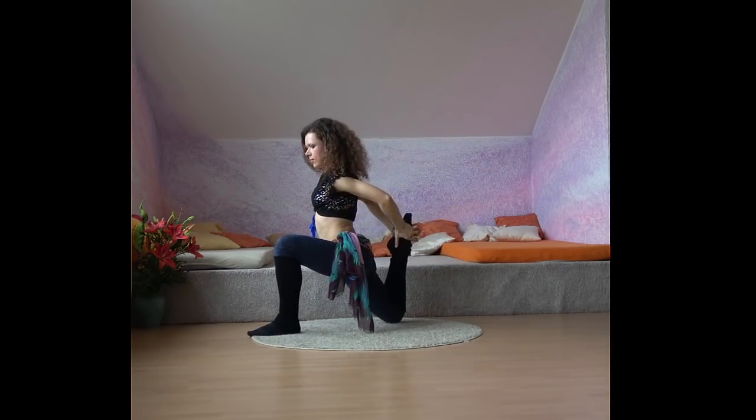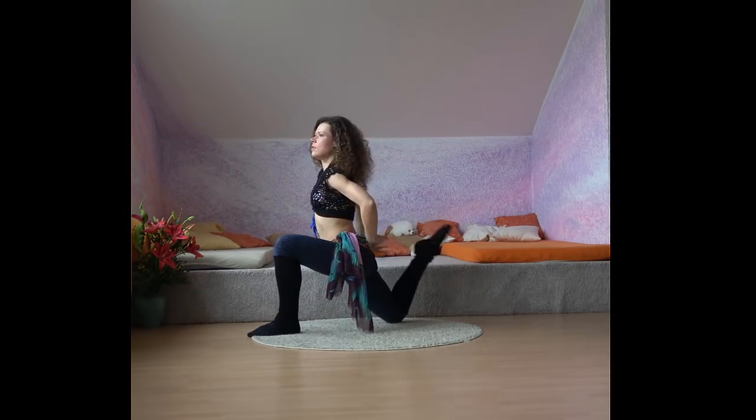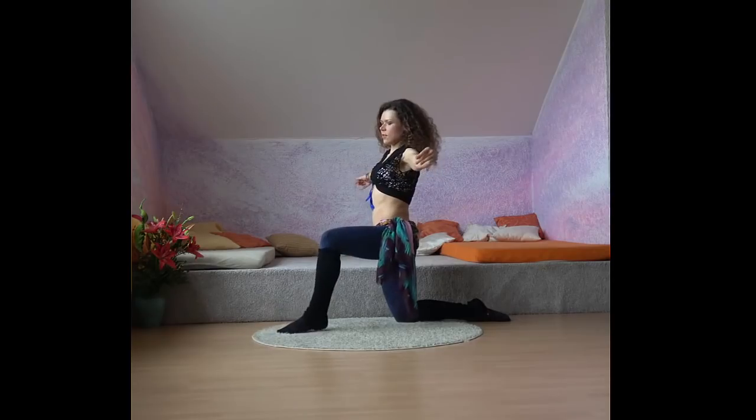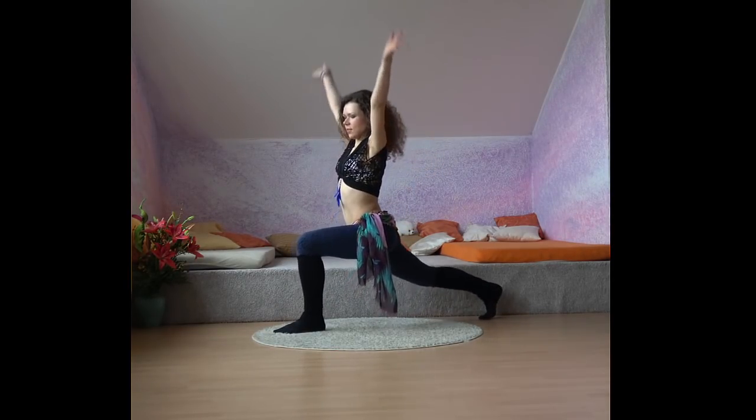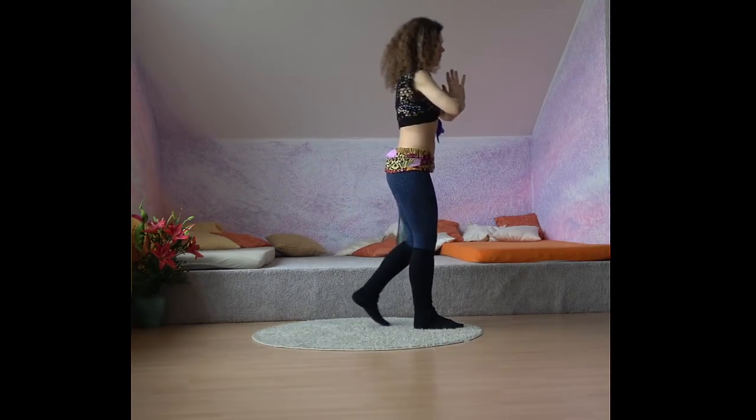Straighten up, grab the back foot, pull it towards your butt, giving the stretch in the front side of your leg. And let's again tuck the foot of this back leg, stand up, step together, turn to the other side,